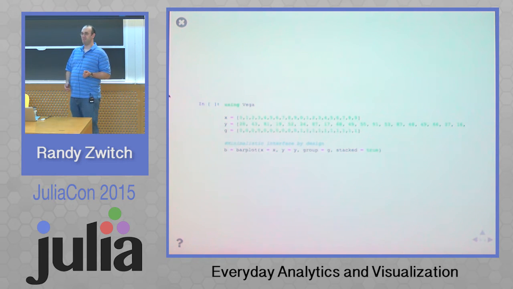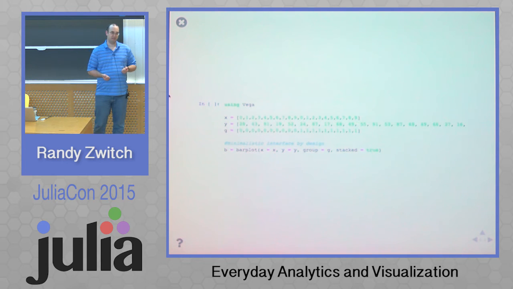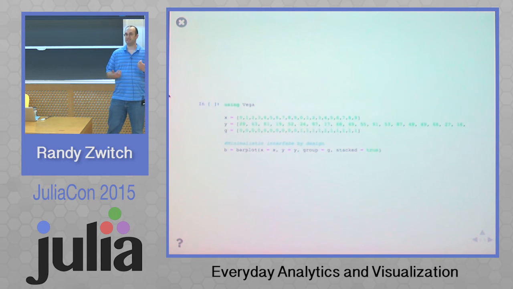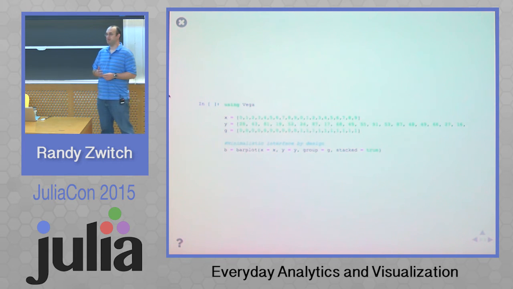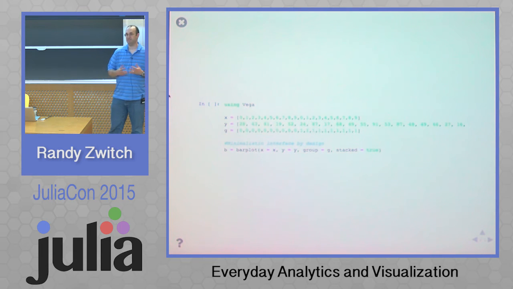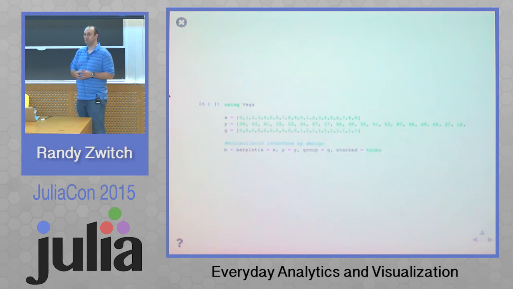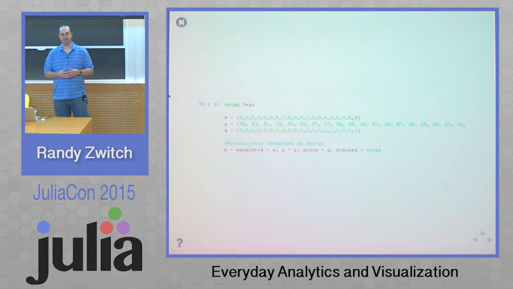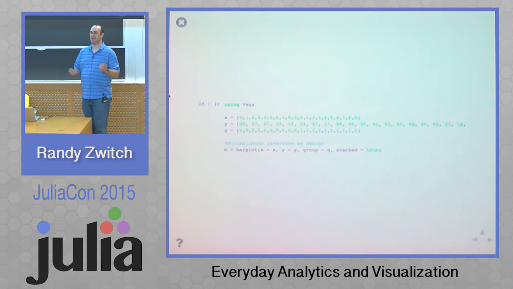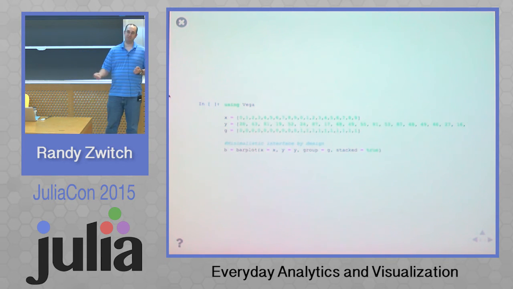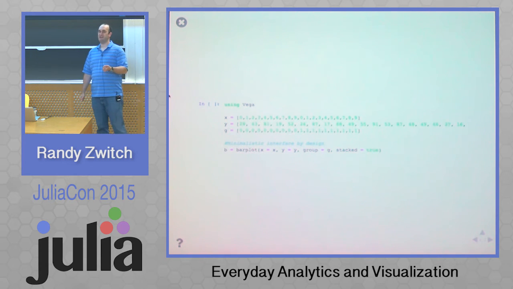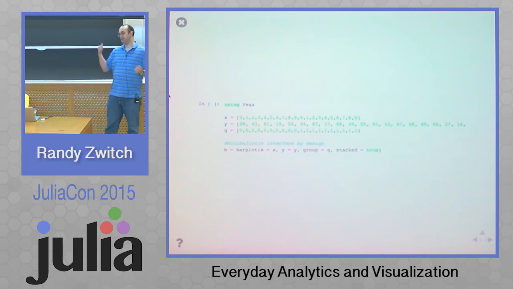So when we talked about Gadfly before, or if you've used Gadfly in the past, it's based on the grammar of graphics, which academically is a very great way to think about visualization, that each visualization is just a series of components that you put together in order to convey the relationship you're looking to convey. However, I feel that I can't use Gadfly without always reading the documentation or copying something I've always done, because I can't remember if the fill attribute goes into the theme or is a part of the aesthetic, or where do I put this, and so forth.